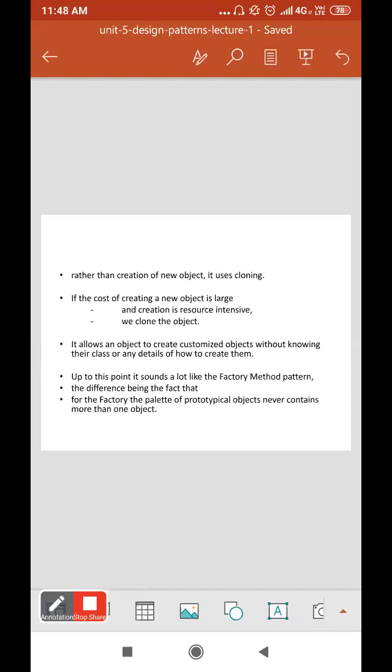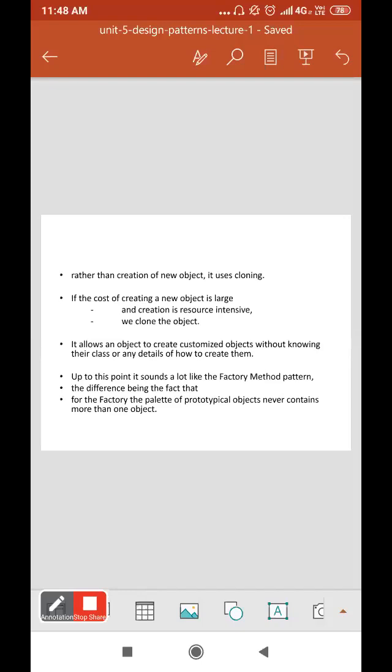Up to this point, it sounds a lot like the factory method pattern, and the difference is that for the factory, the palette of prototypical objects never contains more than one object.